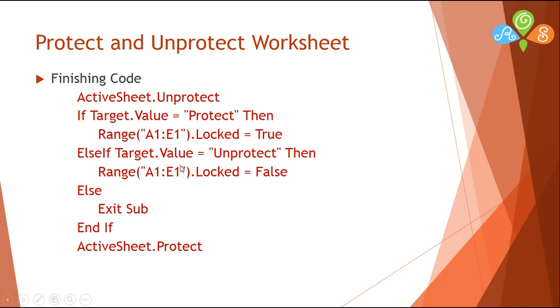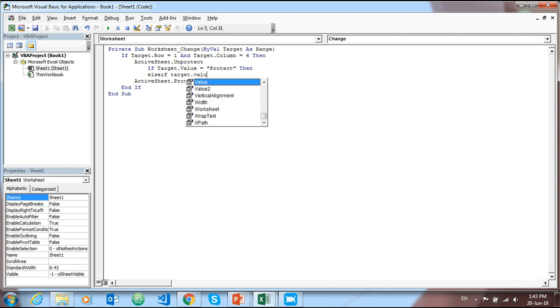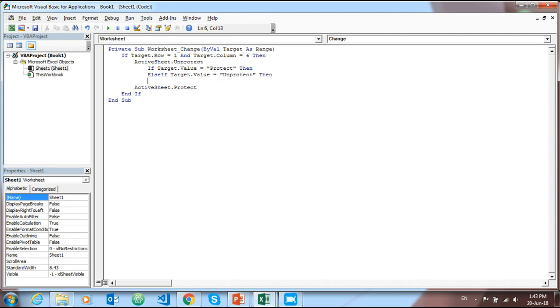Okay, so I put if target value protect, then, else if target value unprotect, then else exit